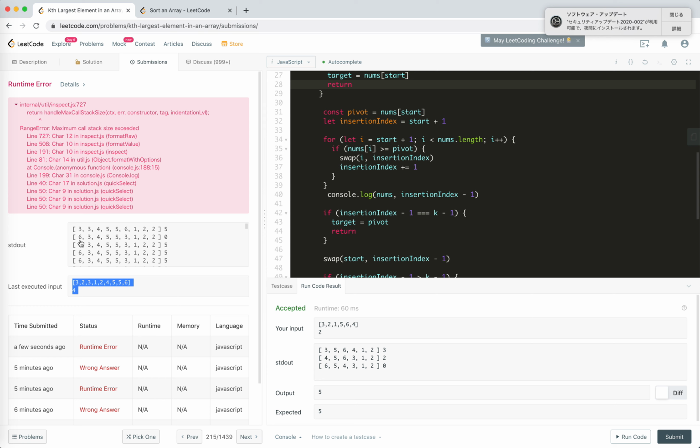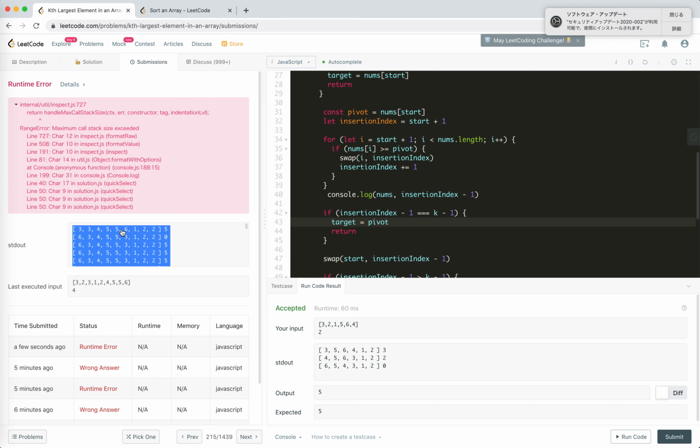Okay, and then we got 3, right? First one we move it so it's like this. And now we check 3 because we're searching for 4. This is 5, so there is a 5 number. A 6 number, yeah. So we need to search in this half,